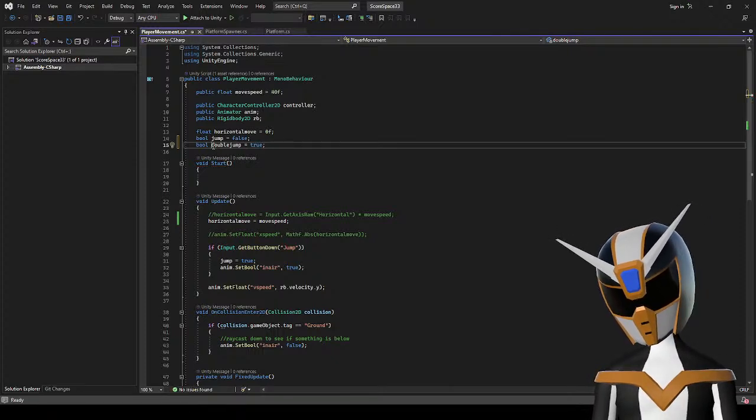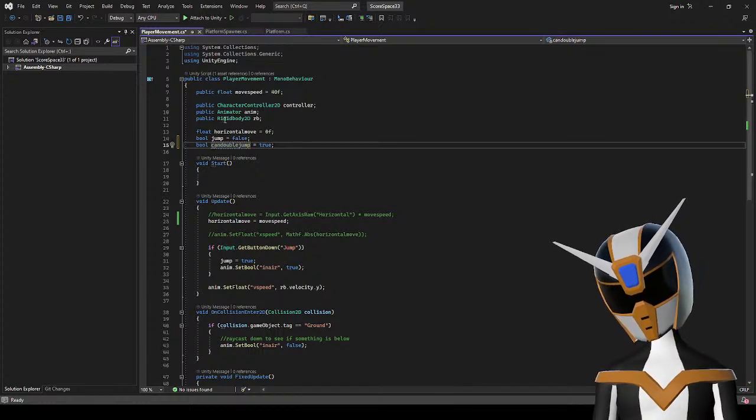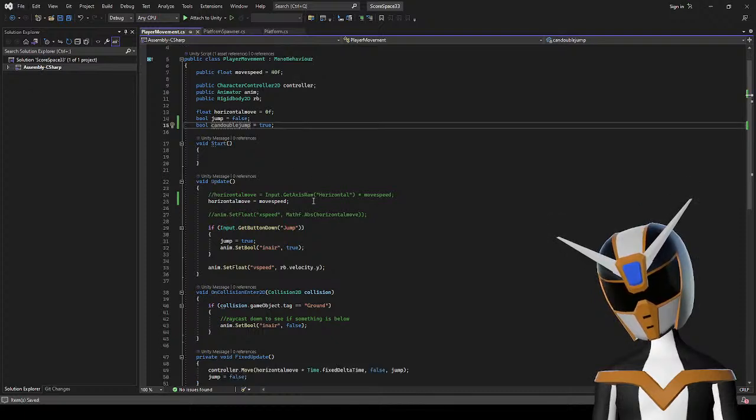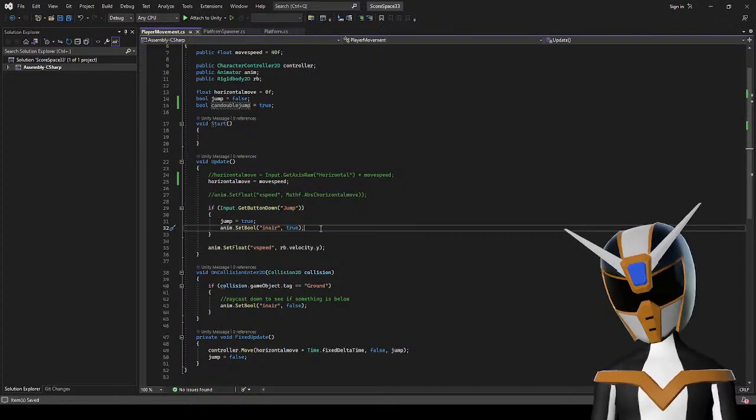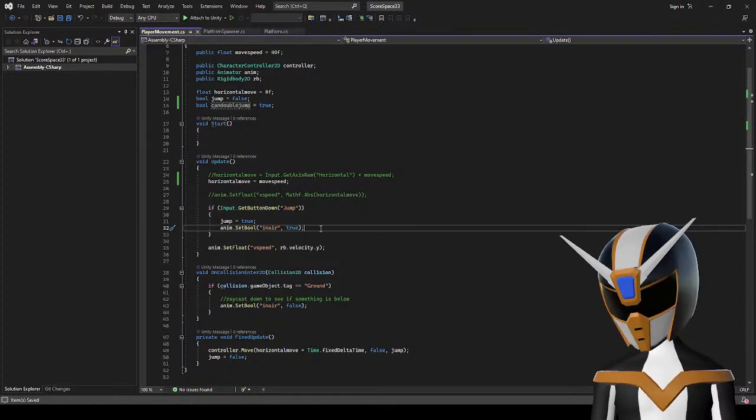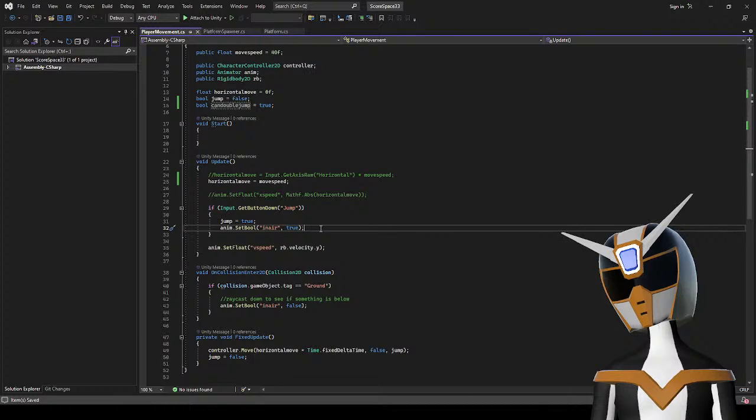Or let's call it can double jump, just to make it a little bit more clear. Now, how am I going to do this?